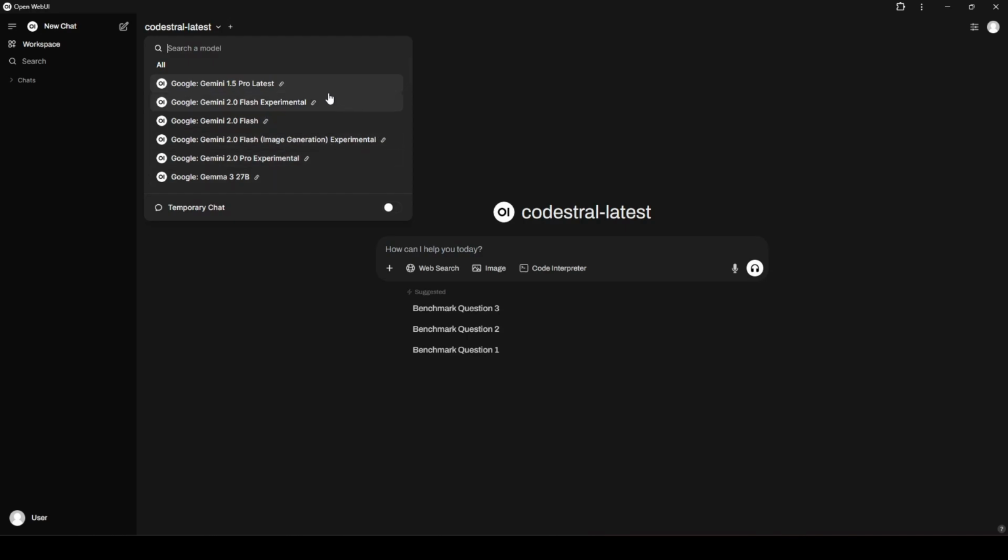So that said, Gemini Flash and Gemini Pro are both very, very fast. I really enjoy using them, to be honest, but I will say I do not actually use them that much in Open WebUI. I use them more outside of Open WebUI. Where I really like using the Gemini models is for data extraction. I do a lot of systematic review and meta-analysis, and Gemini models are very fast, and I found them to be pretty stinking accurate in terms of how quickly and how well they can extract data from PDF papers.